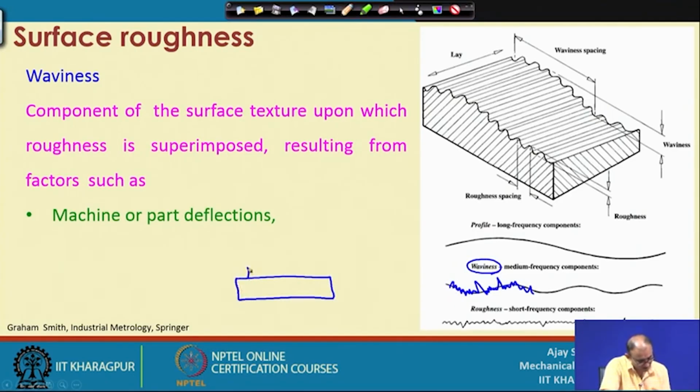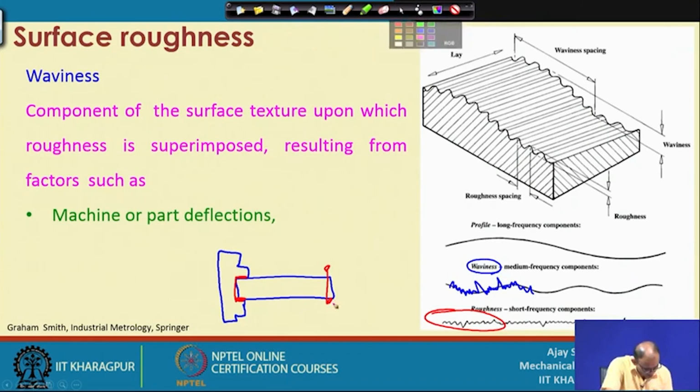again, the same thing, let us discuss a turning operation, and you have a problem with holding this component. So, it has some deflection at this location, at this location. So, what will happen is that this will vibrate with a very high frequency, but very low amplitude, right. It will not be something like this, but it will also not be like this, it is something in between these two. So, when this vibrates, you will get some type of vibration. Right, so this is the total span of vibration,